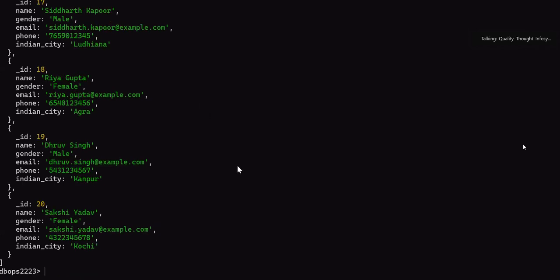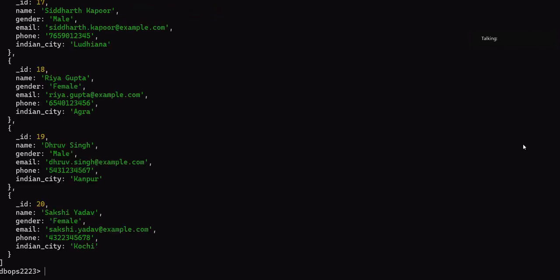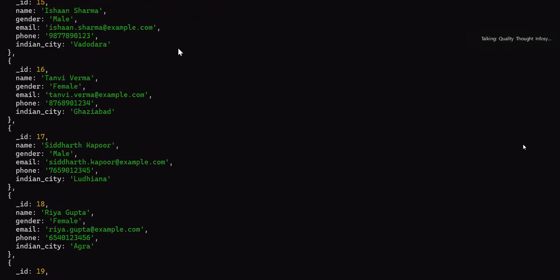Let me go back here. Let me clear all this. Let me add the same. Instead of NE, we have to use GT. It should be greater than 10. Now, what is the field name? Underscore ID. So here change it to underscore ID. Now it is returning from 11, right? Started from 11